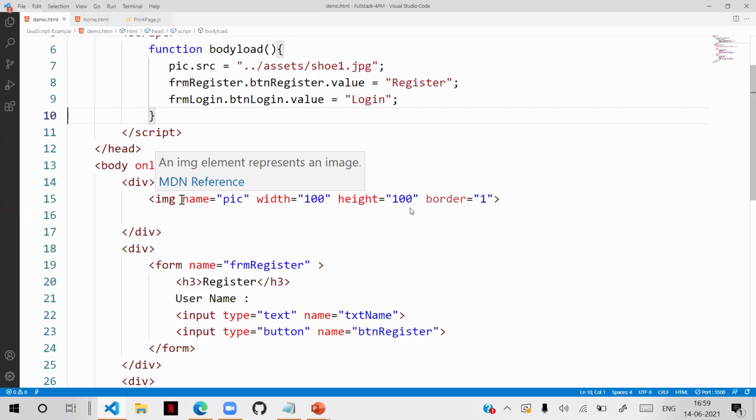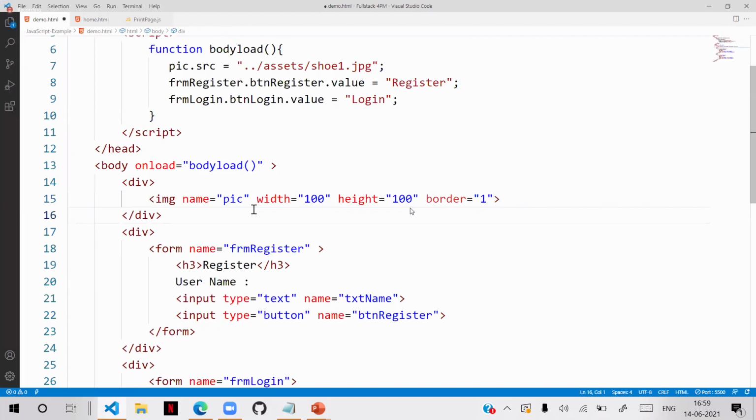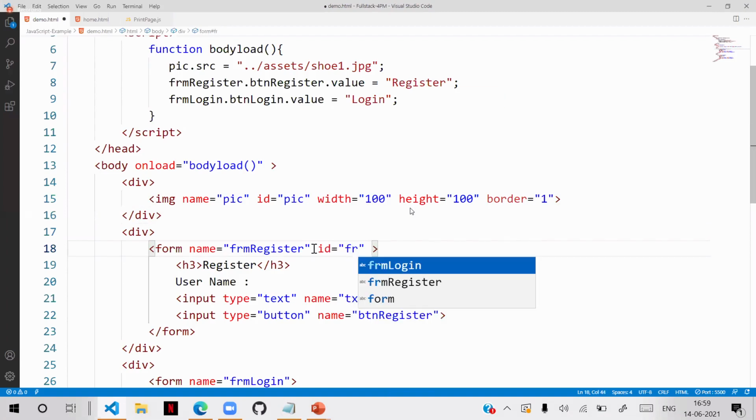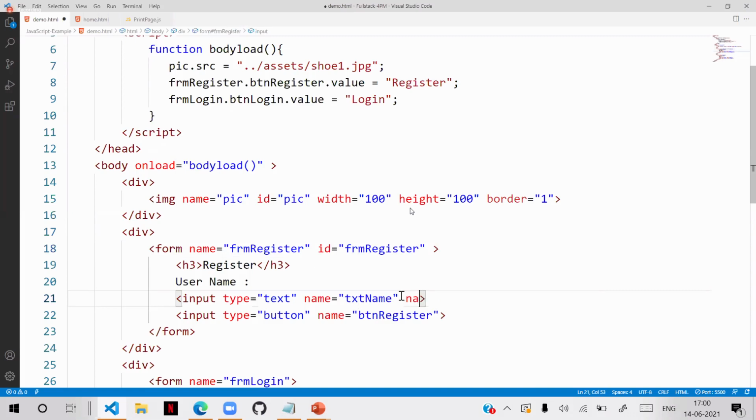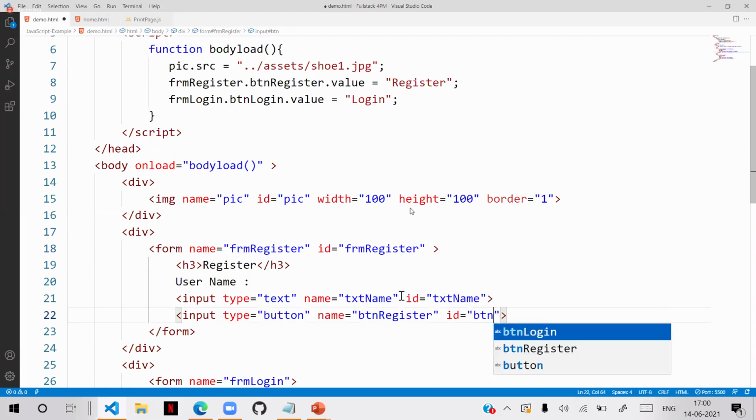Suppose I am giving IDs. Remember, in HTML an element can have both ID and name. It doesn't matter. I am giving the ID as pic. The form has an ID, frmRegister, and the text box has an ID, txtName. The button has an ID, btnRegister, like this.